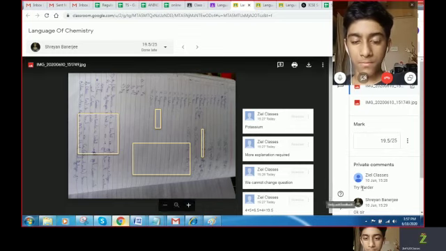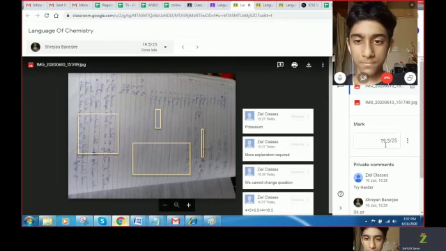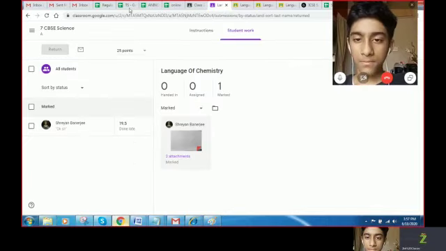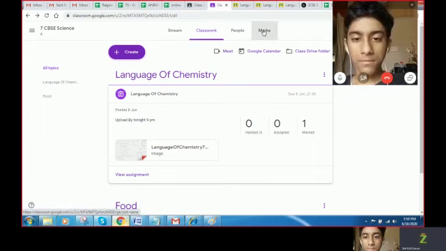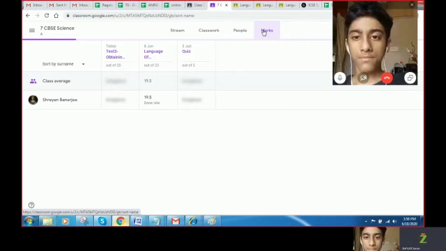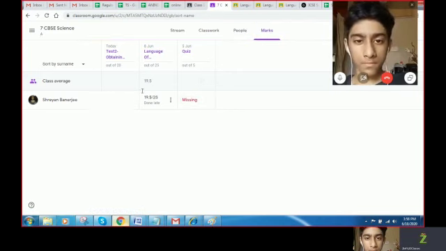The teacher has also assigned a comment to you, try harder, and marked 19.5. So whenever we close this section and go back here, now this marked section is only accessible to the teacher. I go there and I can see out of 20, one exam is pending, you have not given. Out of 25, one exam, you have 19.5 marks. Properly explained? Yes, sir.